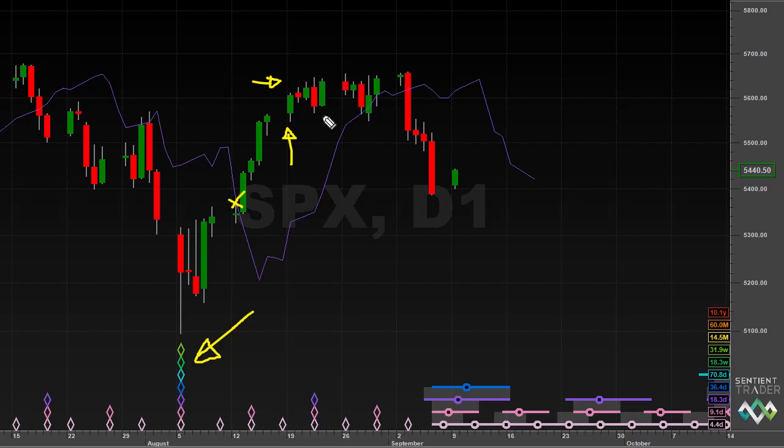Now, when price reaches a target, it does not necessarily mean that the move is over, but it does provide us with additional information when price struggles to get much further beyond the target generated by price crossing the FLD. And in this case, price did certainly struggle to get much further.